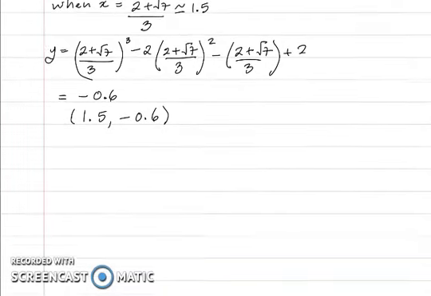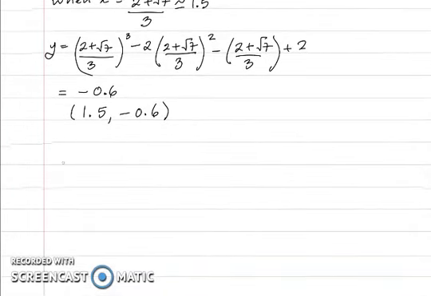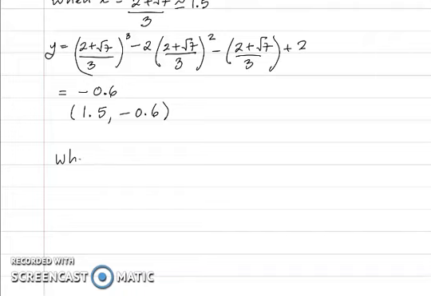All right. So next I'm going to say when x is equal to 2 minus the root of 7 over 3, and this is approximately minus 0.2, I'm going to have y is equal to